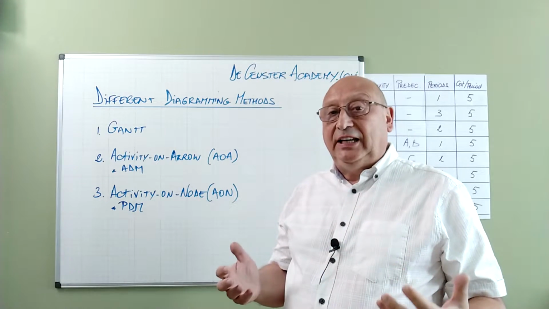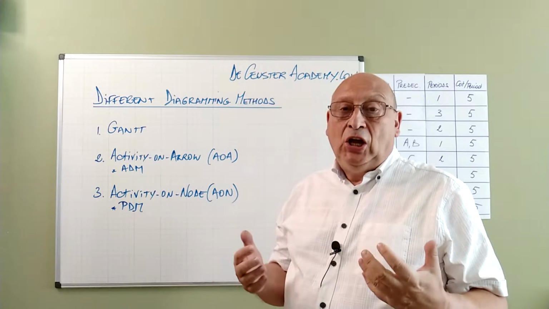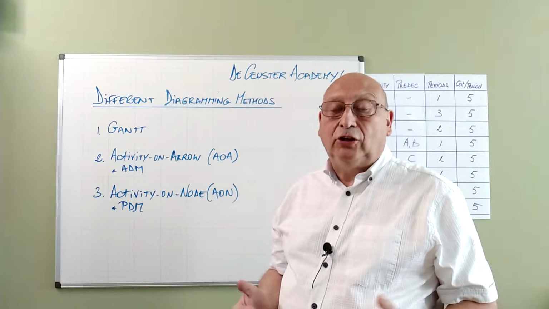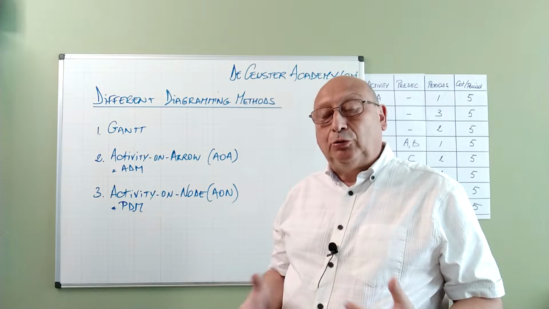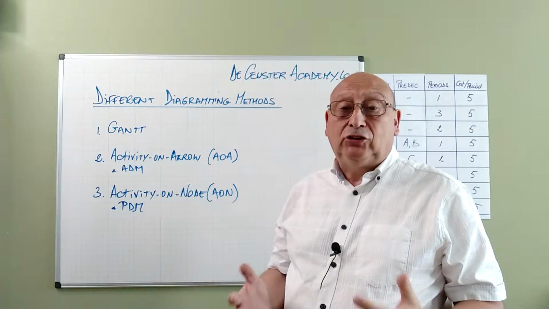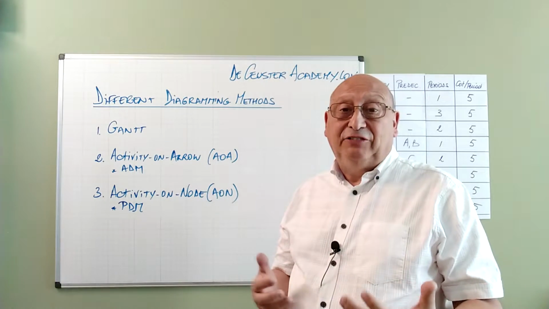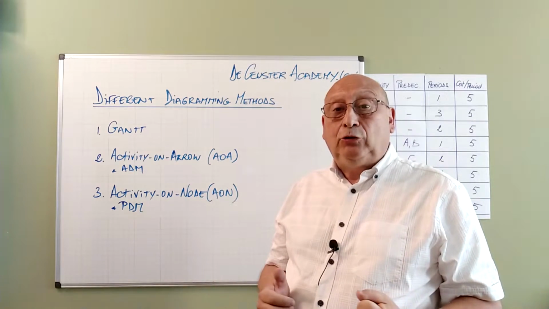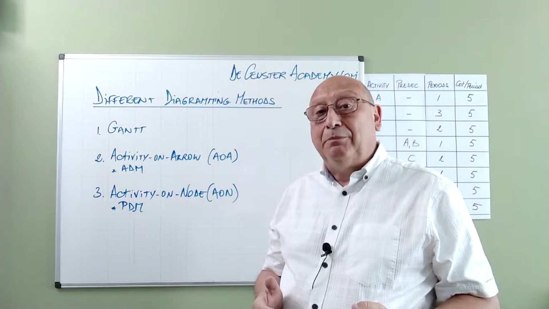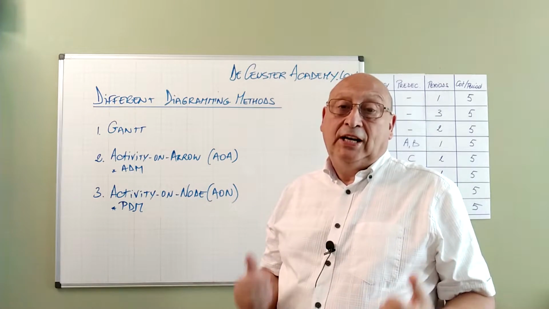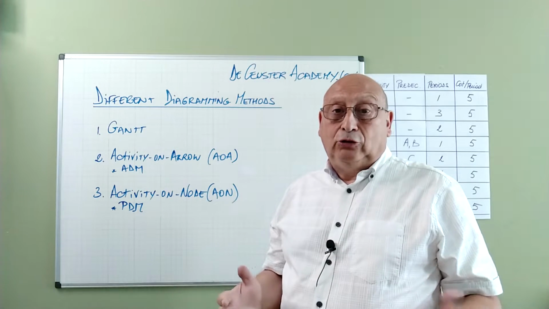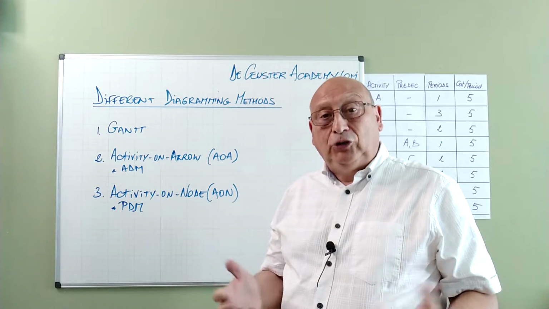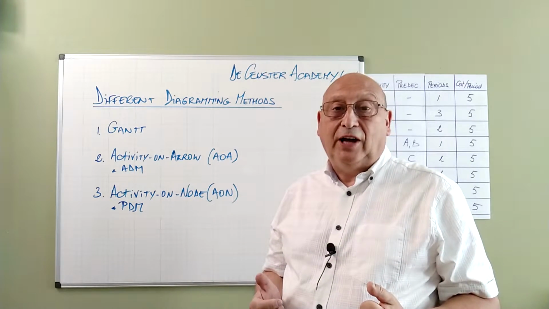The things got really evolved and more interesting once diagramming methods were developed, like the activity on the arrow method with the arrow diagramming method, which was basically one of the first methods to link activities together using their precedence information. Later it was followed by the precedence diagramming method, which is an activity on the node diagramming method. We will look into this presentation to the same network, the same project, but we will draw the network diagram